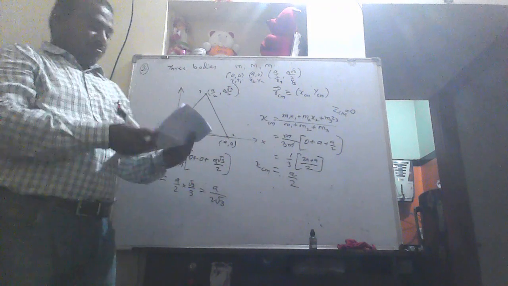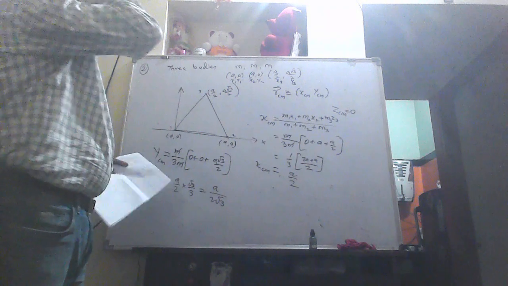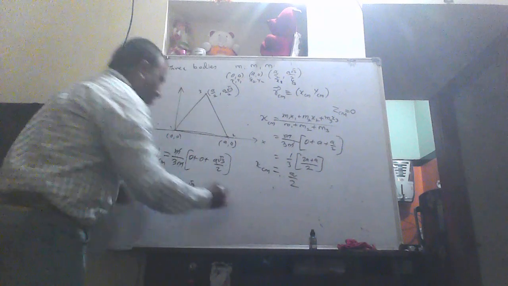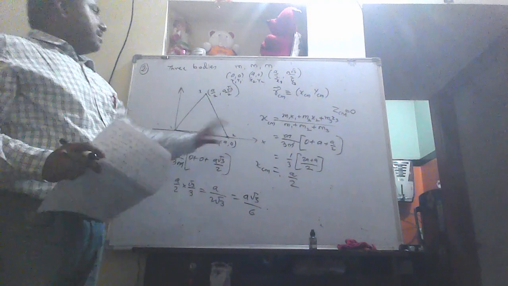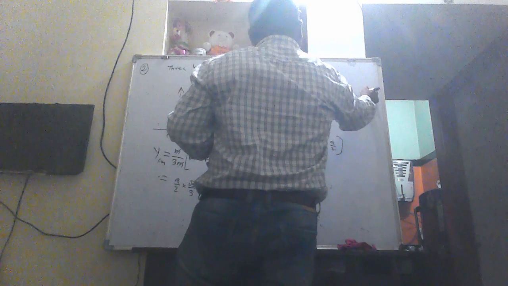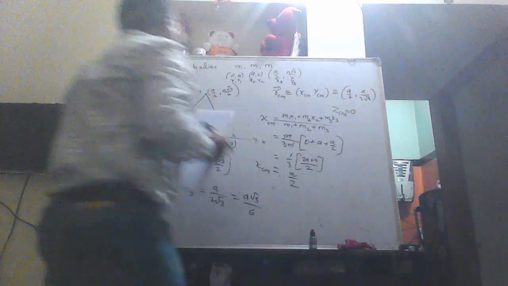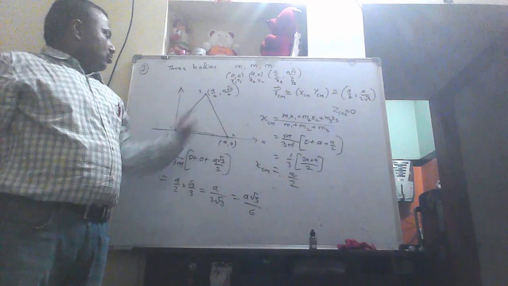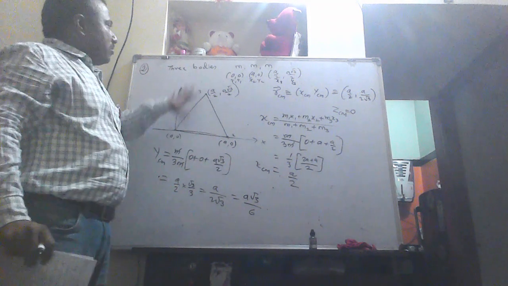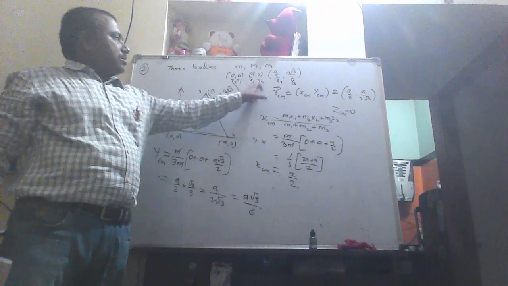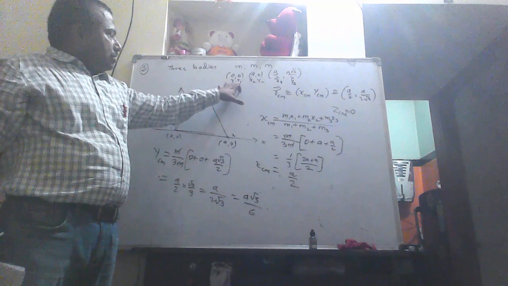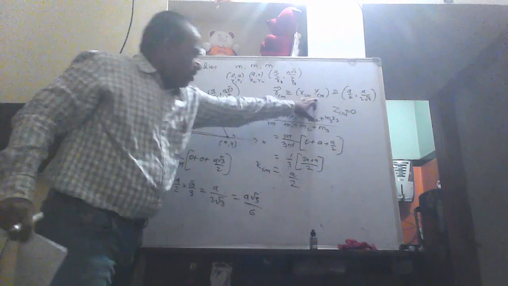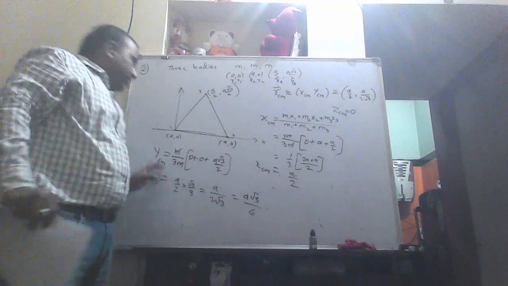So this is the center of mass. You can take a root 3 by 6 also. You can also write a root 3 divided by 3 into 2. So like that you have calculated the center of mass coordinates. One is a by 2, another one is a by 2 root 3. What have you been given? Three particles are given. Two coordinates because it is in a plane. So all have equal mass like this. I have written x1 y1, x2 y2, x3 y3. So center of mass we will calculate. If there are two coordinates for each particle, then center of mass will also have two coordinates x, y. So x formula, y formula.